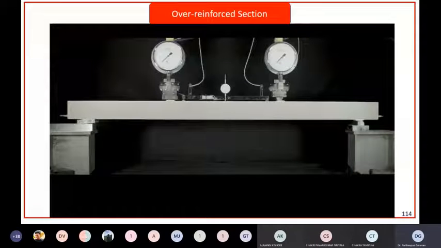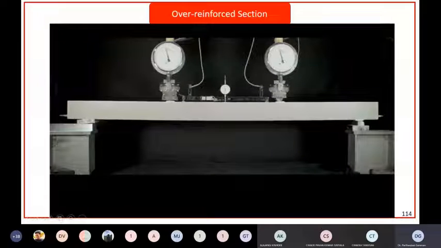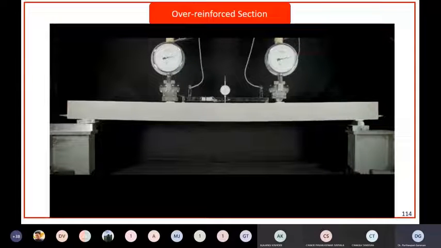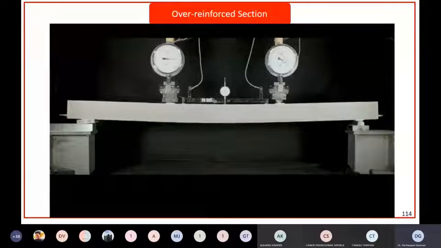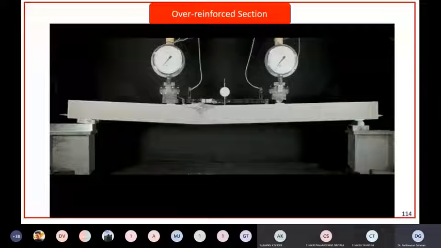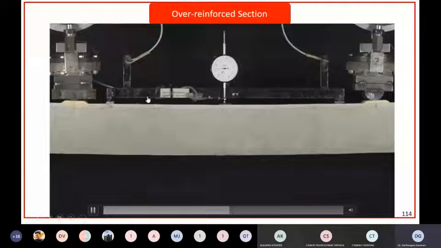The testing rig is now starting to apply vertical loads to the specimen. We can see the beam displacing and cracks opening up on the tension side of the beam as expected. Then all of a sudden, the concrete in the top surface of the beam fails explosively. Right, let's slow down the footage. Let's look at the top surface. Remember that the top side of the beam is under compression.